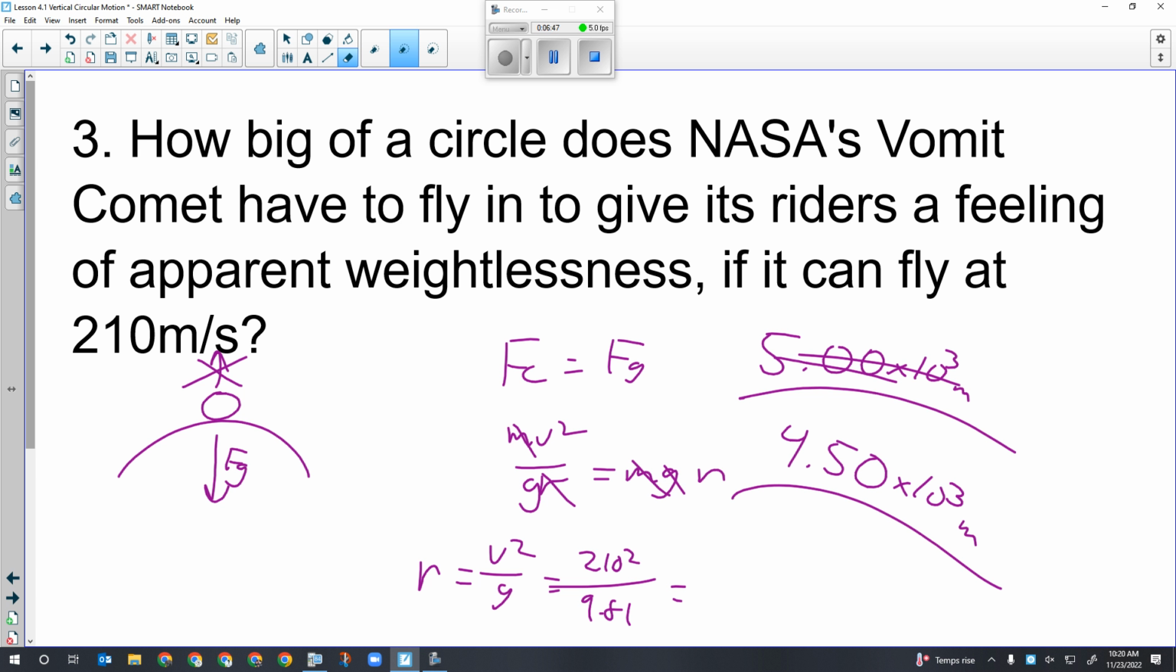Okay. So the plan today, guys, is to just kind of expose you to a bunch of different circular motion problems, both vertical and horizontal, and then tomorrow give your assignment on all types of just regular circular